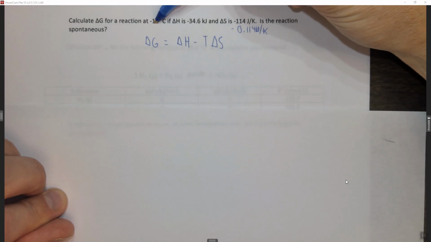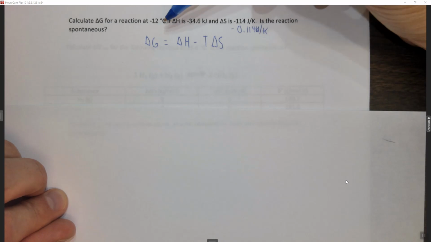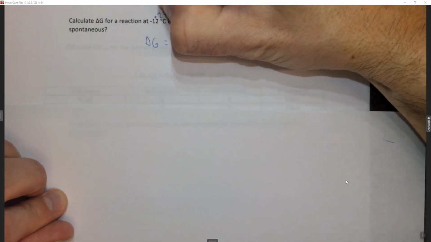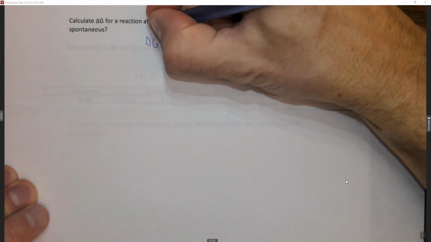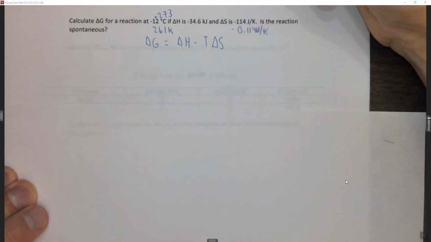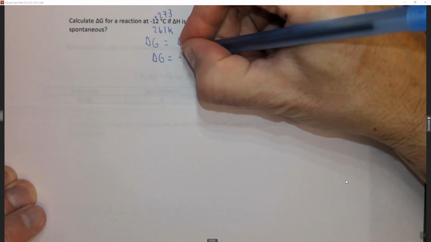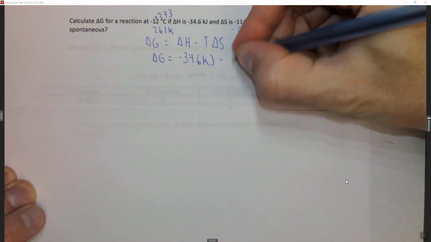So here the lower temperature is minus 12. Let's see if that's enough to make this spontaneous. Don't forget that the temperature has to be in Kelvin. So we want to add 273 to that, which is 261 Kelvin. Now we can just plug in delta G equals delta H, which is minus 34.6 kilojoules, minus T,